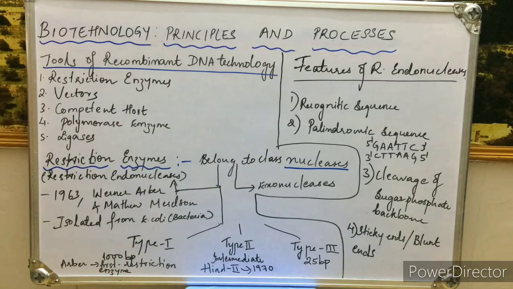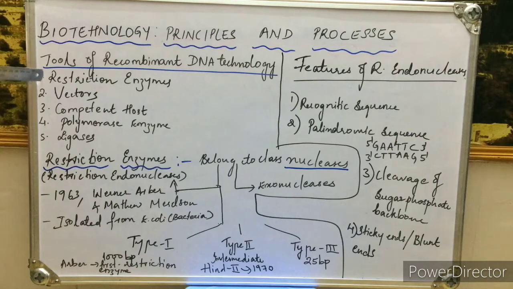Some of the tools required: see what is happening in recombinant DNA technology. We are going to cut a DNA sequence from the source. We have seen already the identification and isolation of the gene of interest. From the genomic DNA you are going to cut the gene of interest, the specific DNA sequence which is going to give you the desired product. In order to cut that we need a set of enzymes, and one of those enzymes are the restriction enzymes.